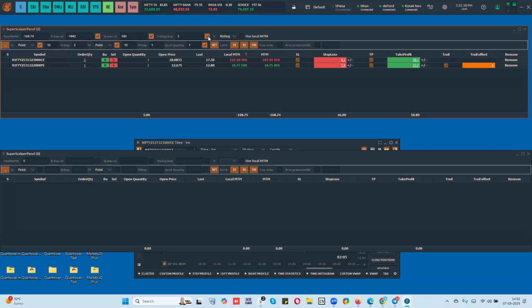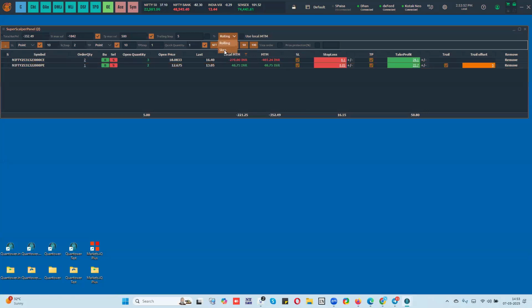Another way of placing the stop loss is step trailing. This will happen only in the case of profit. Okay, in the case of step profit trailing, you'll have to keep a higher trailing, maybe say 300 points, and you enable this. Now what will happen is, unless and until you make 300 points profit, your stop will remain as it is. It will only move to zero if you make 300-point profit. Until then, it will remain where your stop loss is.